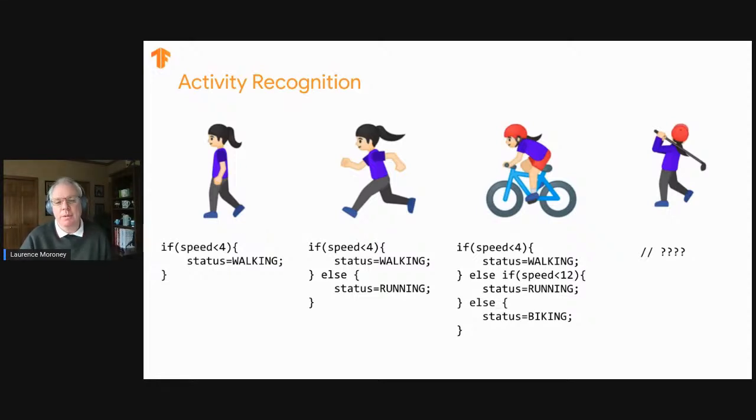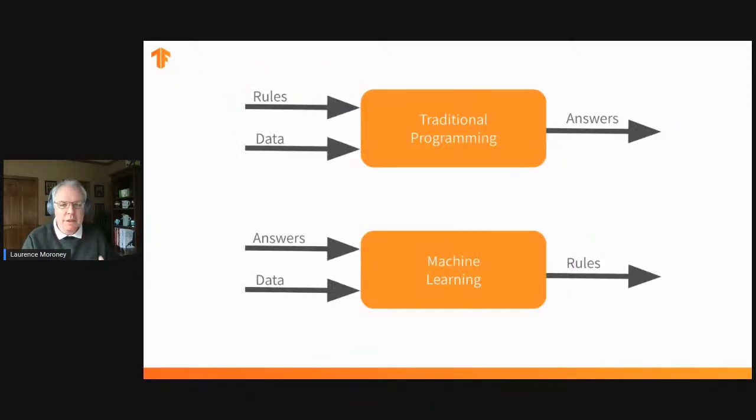But then I want to do golf. How do I do that? How can I detect that if I'm not riding a bike or walking or running, but I'm actually playing golf? How would I create rules for that? It's not really feasible for me to do that. The amount of code that I would have to write to detect the swing of the arm followed by walking, or what it looks like when I'm putting, or all of those kinds of things, it just would not be feasible for me to do so. So let's go back and look at this